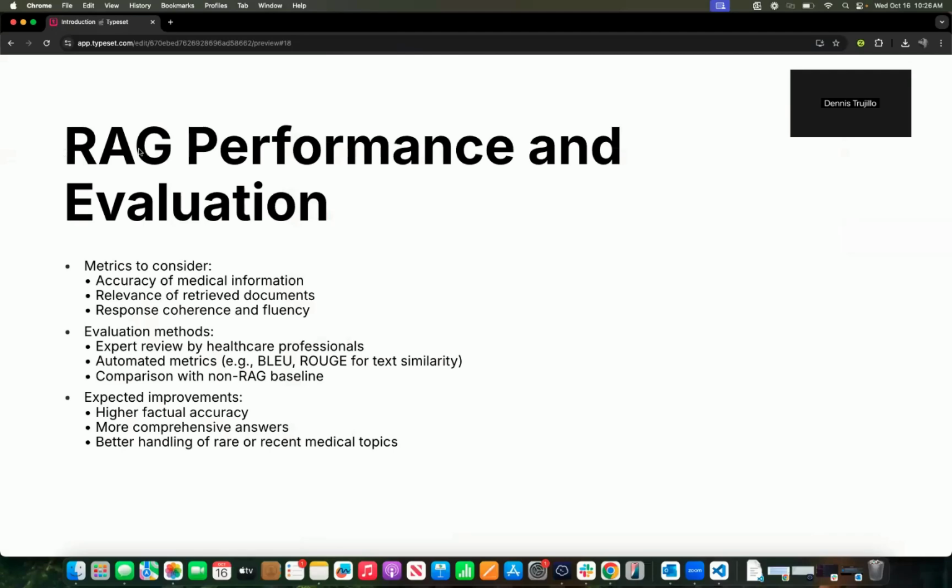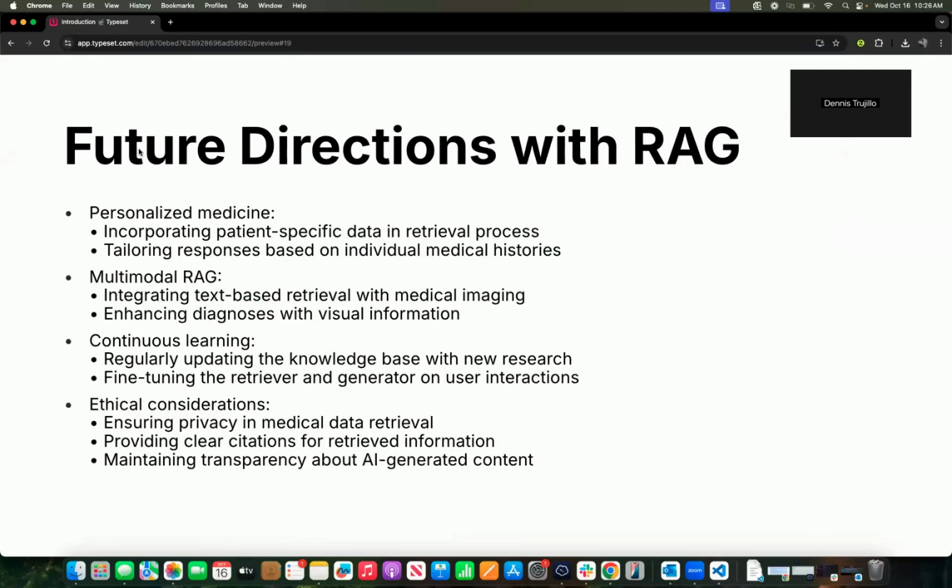So jumping back to the slides, RAG is great in terms of providing more factual information. Future directions with RAG that could be used in different application cases are for personalized medicine. You could incorporate patient-specific data in the retrieval process. On the back end of an application, you could have this running to where you take in all of the patient data and you use that to create the RAG fine-tune model,